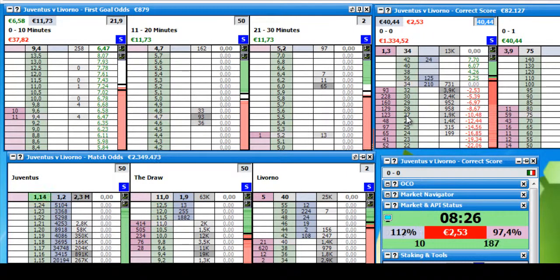Okay, that I can make, maybe if a goal happens after the 10th minute, from the 11th minute starting, if a goal happens, I will win 11.73, and I will win 40 euros from the correct score market. But what you can see here, it's always nearly the starting odd of 32. So many people don't believe that it could end 0-0 at the moment.